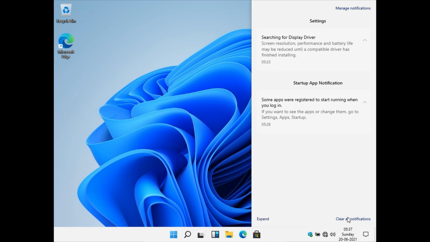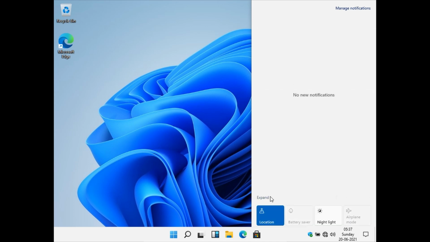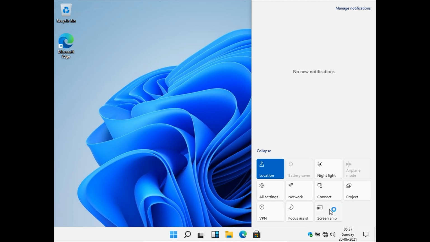The notification bar is also the same. Yeah, but buttons are changed. You can see the curve on edges.